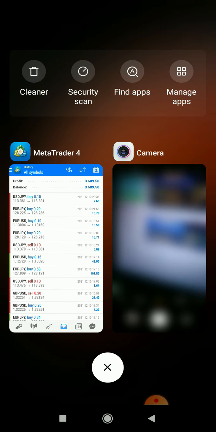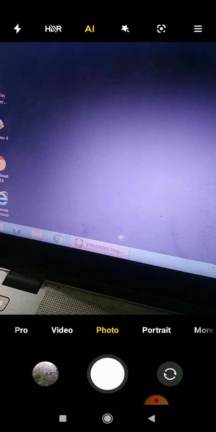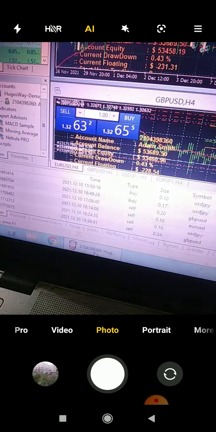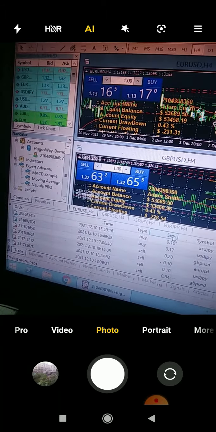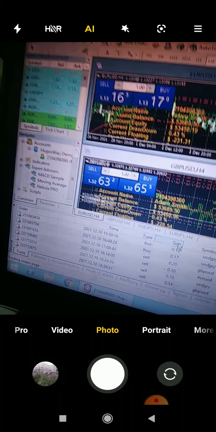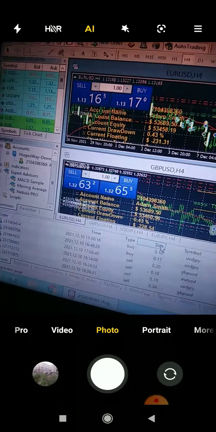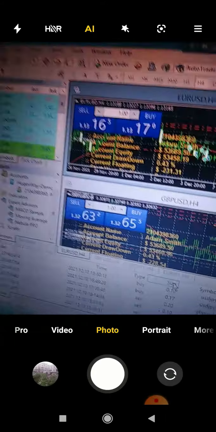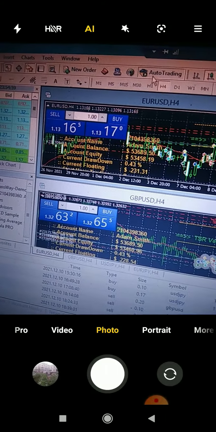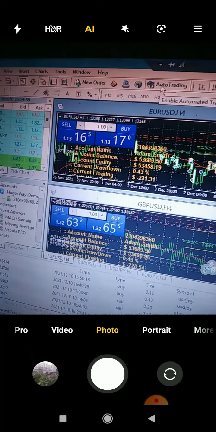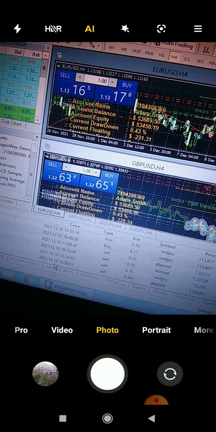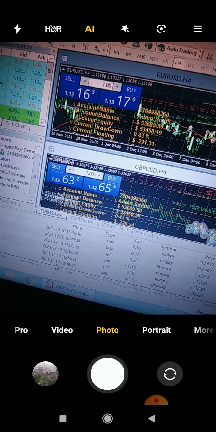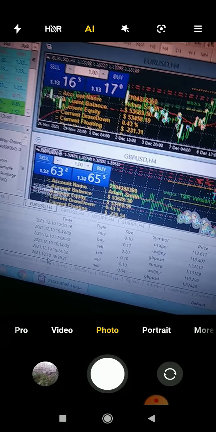So let me go here and go here. As you can see, this is my VPS, this is my server. This is my bot running. As you can see, it's actually running 24/7, because it is set up on the VPS. You can see it's auto trading here at the top. Okay, auto trading active. So you actually need the VPS to set this up because you need to be running this bot 24/7. It has been running for almost 5 days continuously.